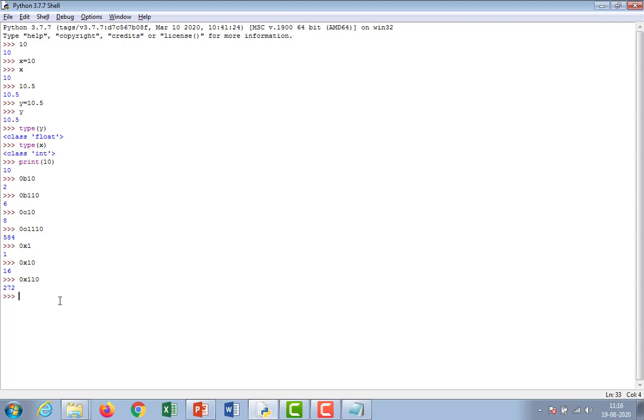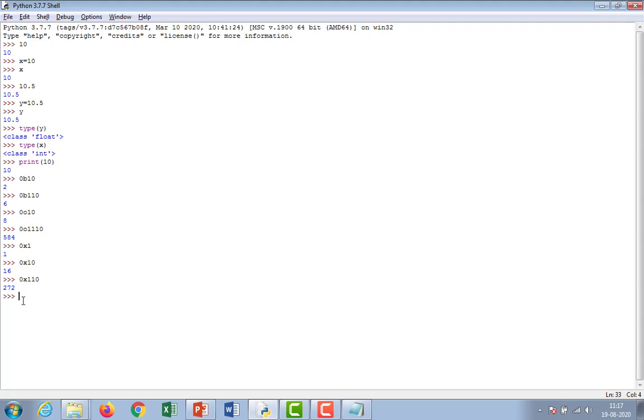You must do a conversion operation, but in the case of Python, it is taken and compiled by itself. You must mention that this is a binary number. How do we mention this is a binary number? Before the number, you must prefix 0b, and only then will the Python interpreter know it is a binary number.